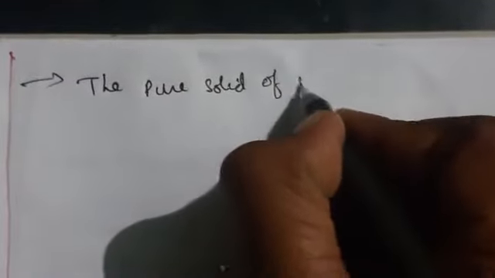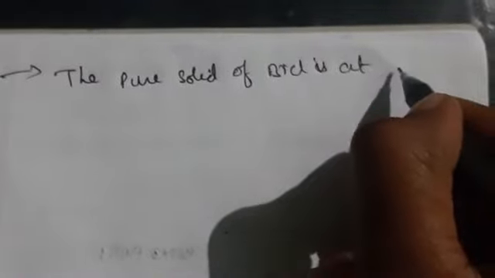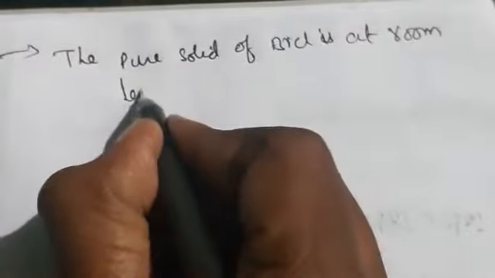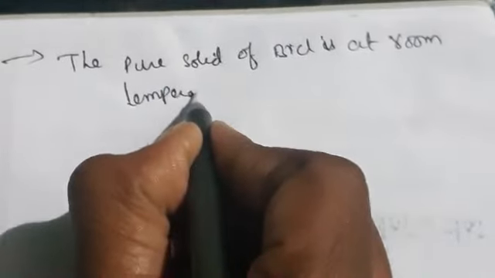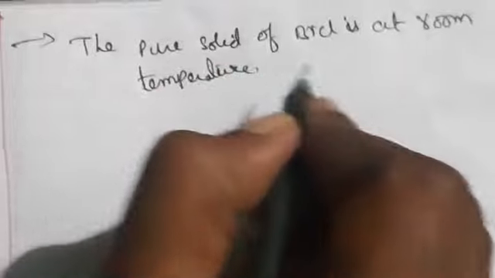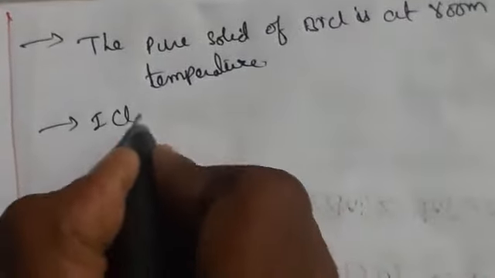So whenever you take the pure solid of BrCl, it is at room temperature, and we will know it at room temperature only. BrCl is a pure solid. So these all, whenever you take here ICl3,